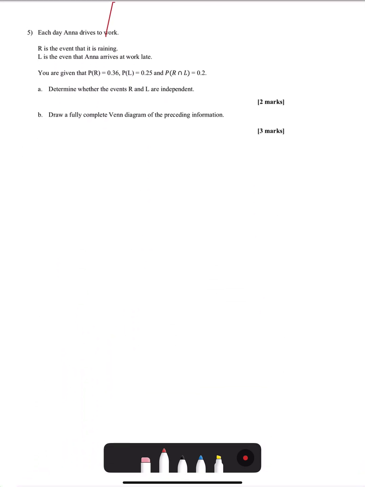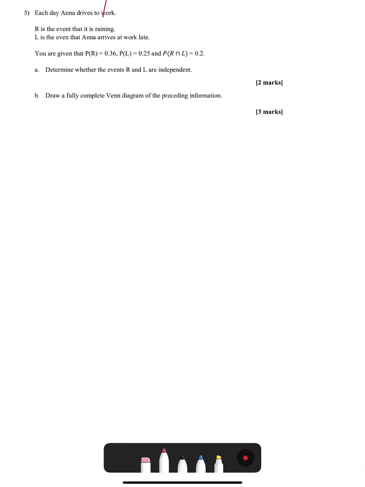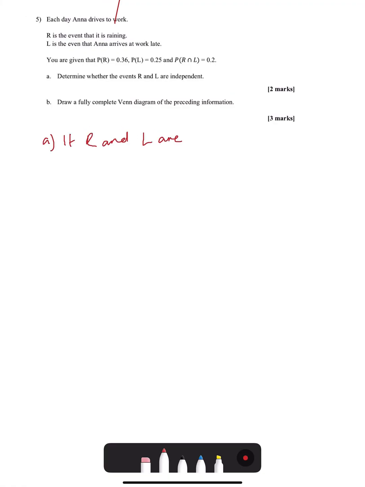Okay, question 5. Each day Anna drives to work. R is the event of it raining. L is the event that Anna arrives to work late. You're given these probabilities. Determine if they're independent. Okay, so we're going to start off with a statement. If R and L are independent,